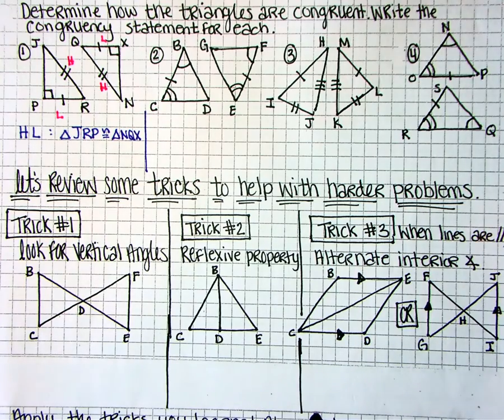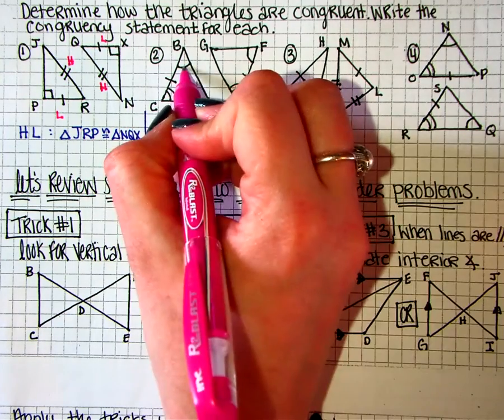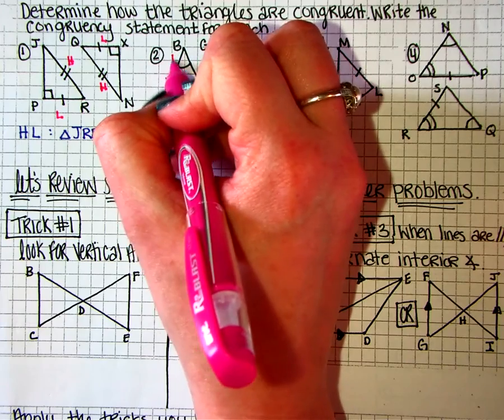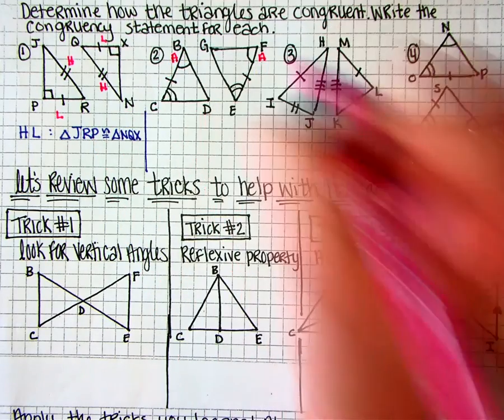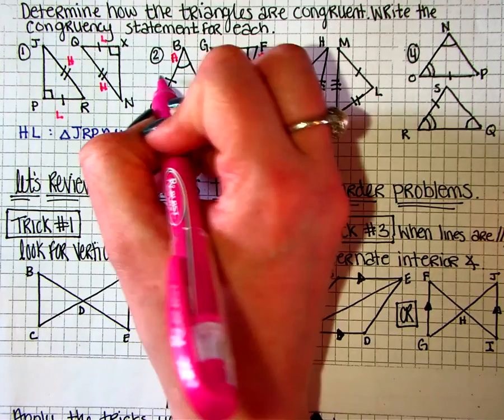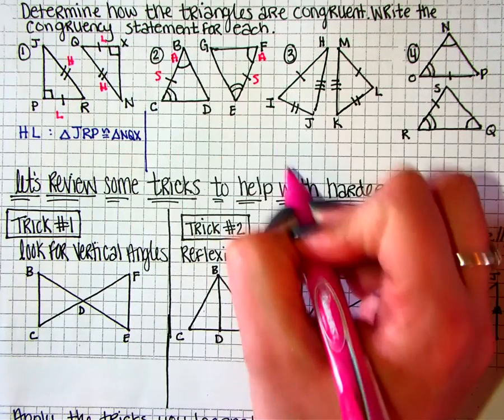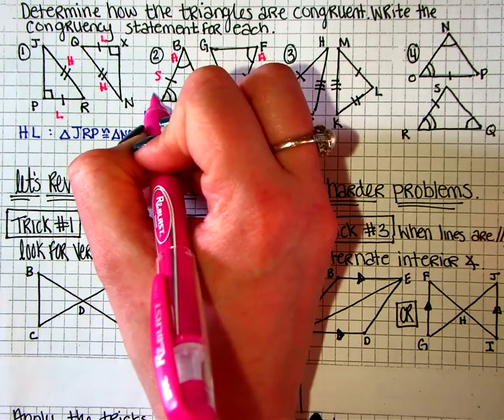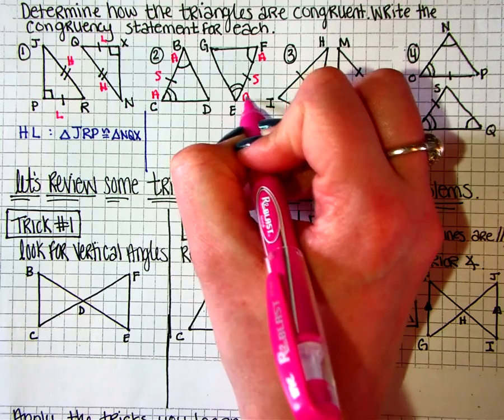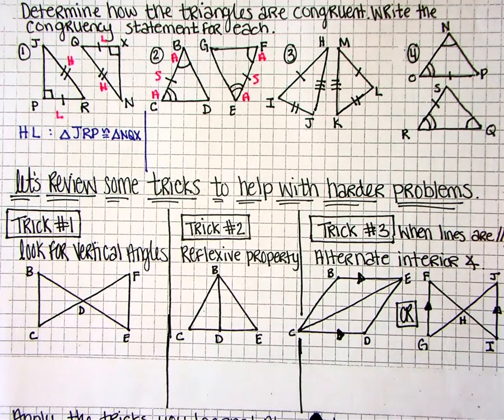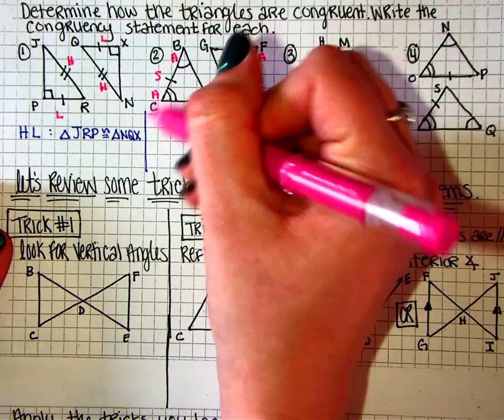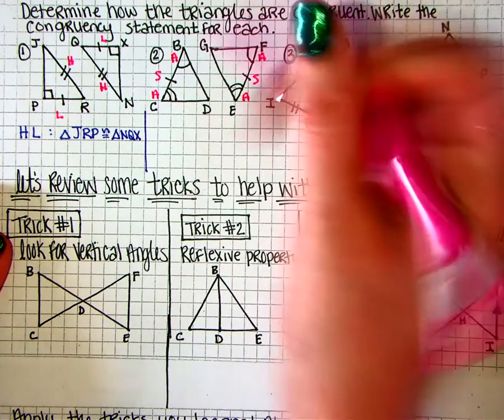All we're going to do is label. One curve, it gets an A. Those are angles. All right. I see bars. Those represent sides. Double curves. Those are angles. To help me figure out what congruency statement I use, I can fill in my picture, angle, side, angle, or